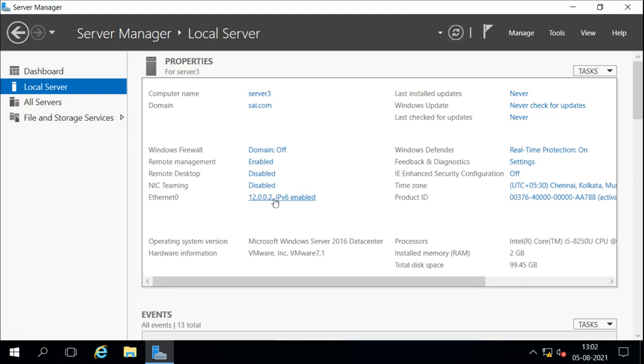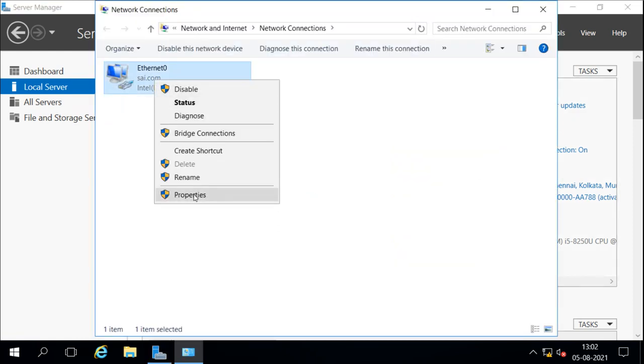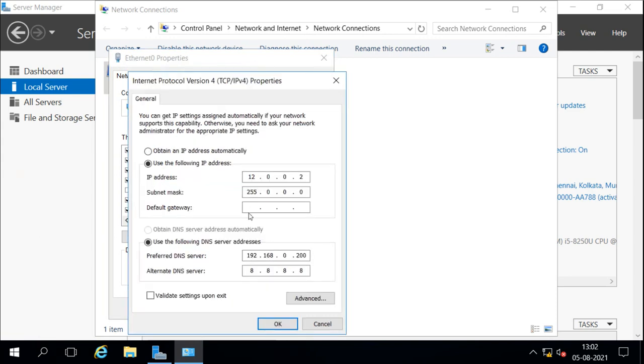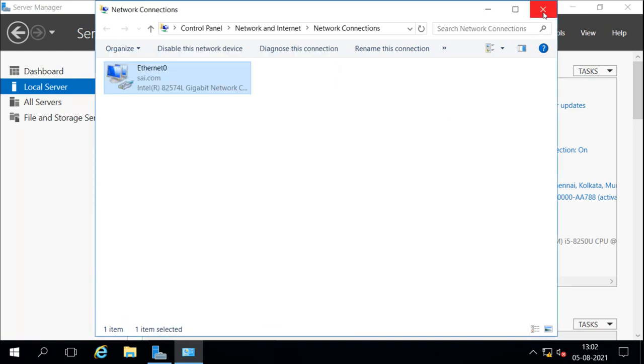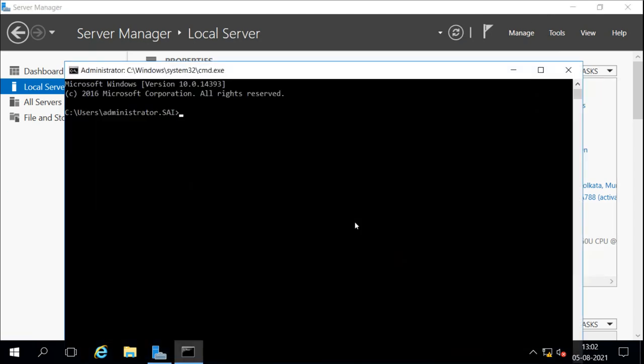So here we have to configure the IP address of the router. We'll go to the properties and IPv4, and configure the gateway, which will be our server 2, with the IP address that connects to this network. So now it knows about the router and can connect to it.